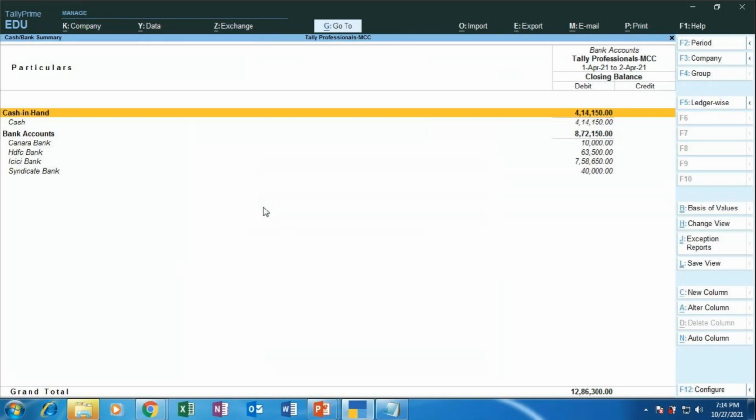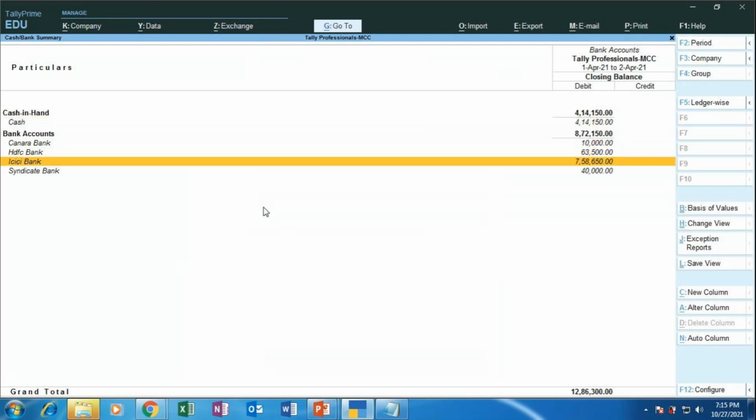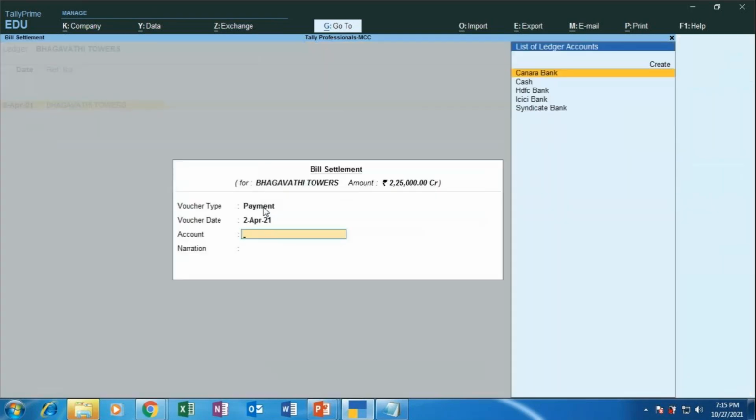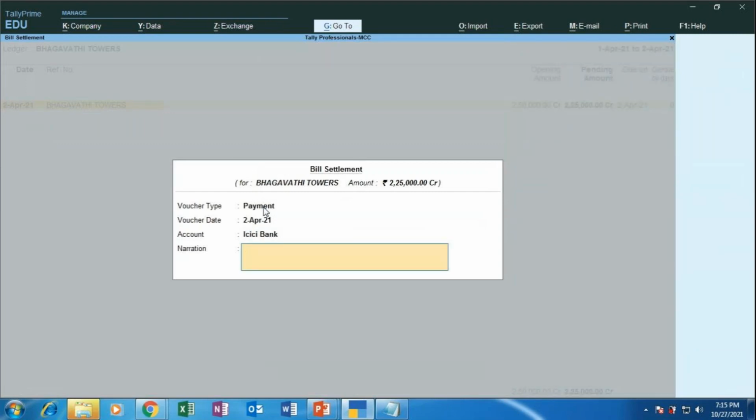Yes. So here I'm having a cash of 4,14,150. Canara Bank I'm having 10k. HDFC Bank I'm having 63. ICICI Bank I'm having 7,58,650. So in ICICI Bank I'm having a sufficient balance to clear the bill of Bhagavati Towers. So I will choose ICICI Bank here. Okay, so I'll press the escape key. Now I will choose ICICI Bank here, and the narration I'll give is: rent paid to Bhagavati Towers